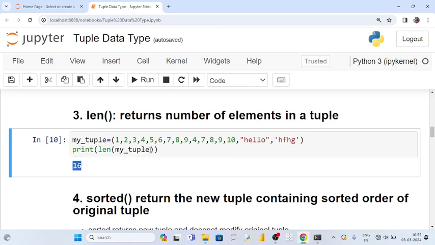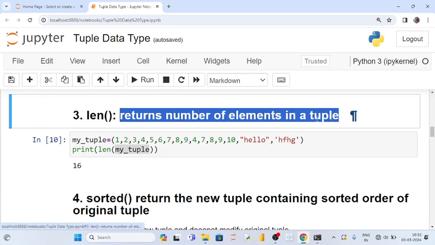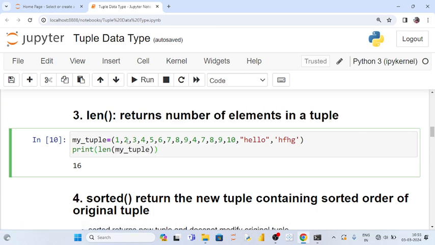So each and every element will be counted and then it will return the total number of elements. So the len function will return the number of elements in your tuple. So you can see here 1, 2, 3, 4, 5, 6, 7, 8, 9, 10, 11, 12, 13, 14, 15, and 16. So total 16 elements are there in my tuple and this function has returned the total length or total number of elements stored in my